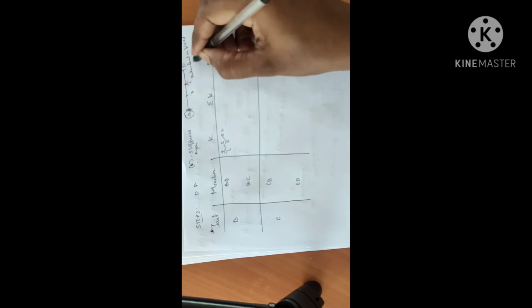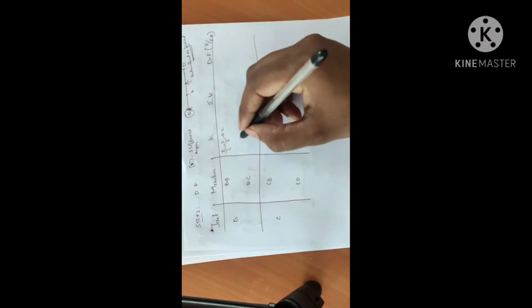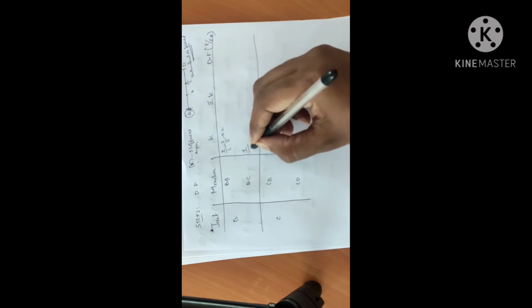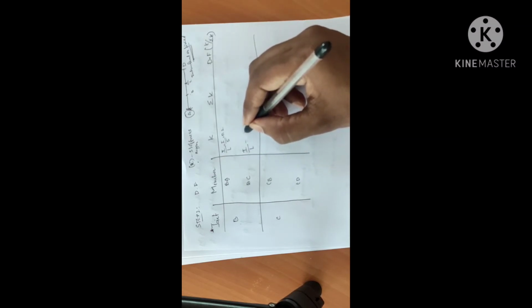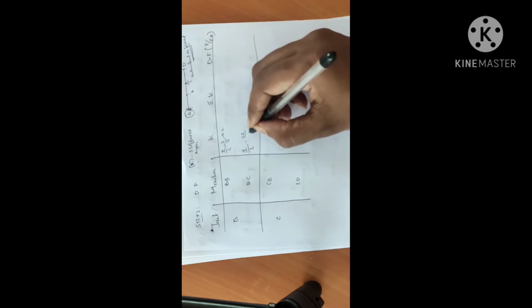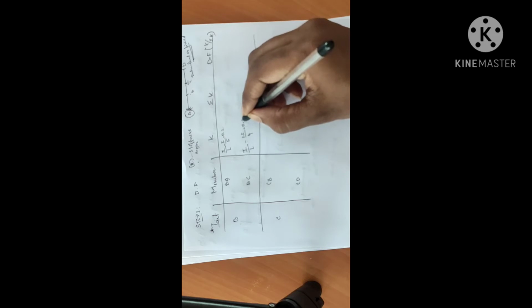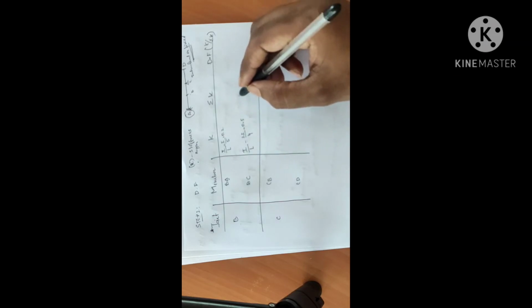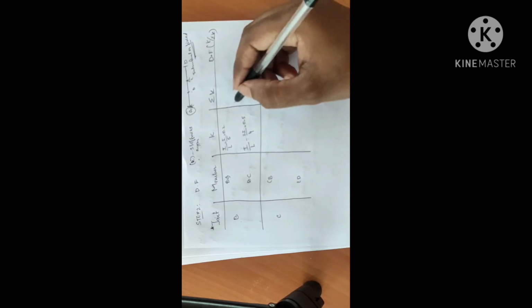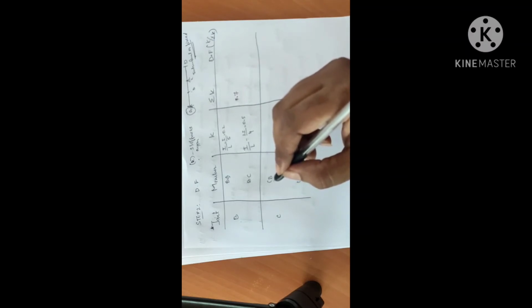This is one condition we have discussed: intermediate supports are considered as fixed support. So this will be I by L again. For the BC span, what is I? I is 2I, divided by the length. What is the length of that member? The length of the member is 4 meters. So 2 by 4 is nothing but 1 by 2, that will become 0.5. So the summation of this, 0.2 plus 0.5, will give you 0.7.